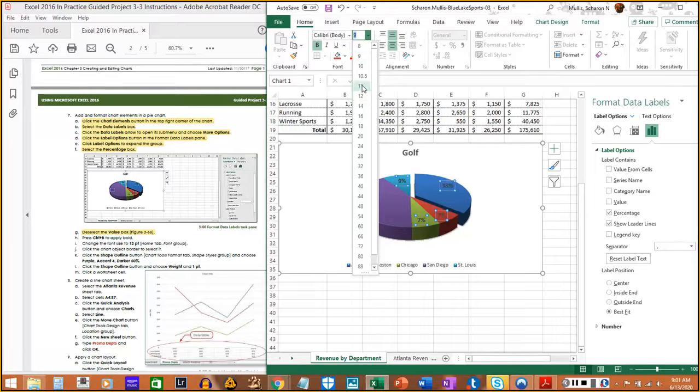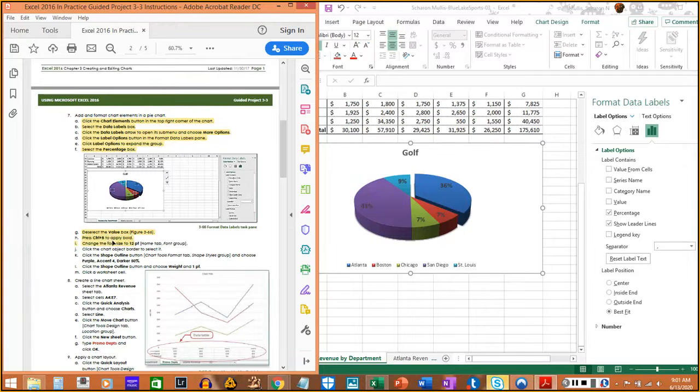So as you're making changes, you can see the numbers getting larger or smaller. So we're going to select 12. Alright, that takes care of 7H,